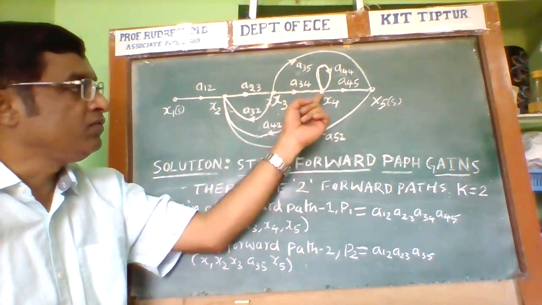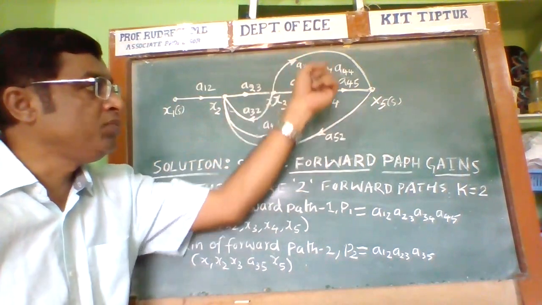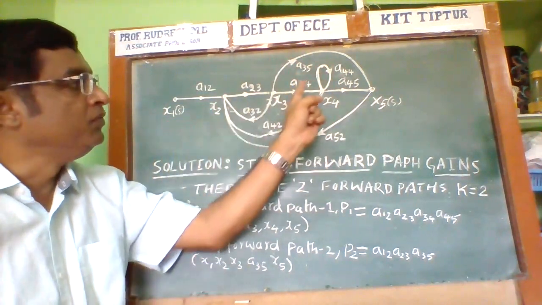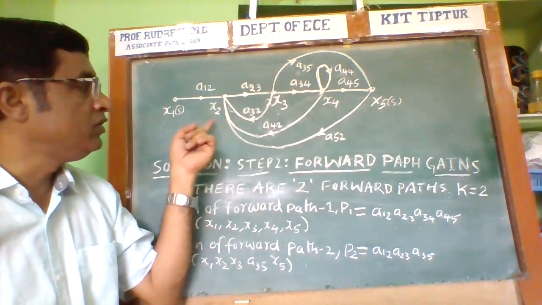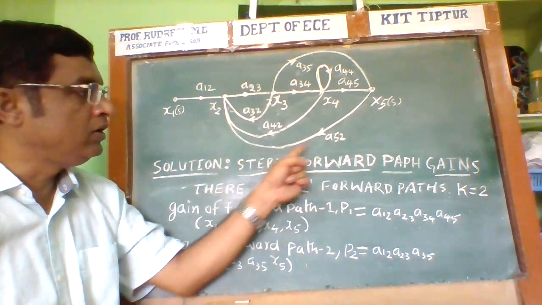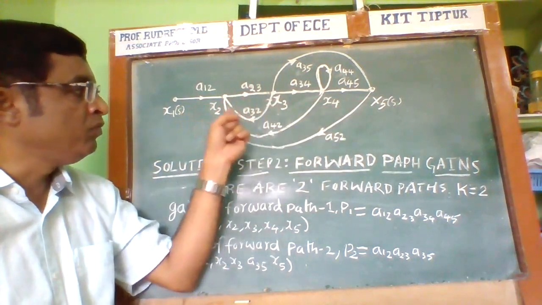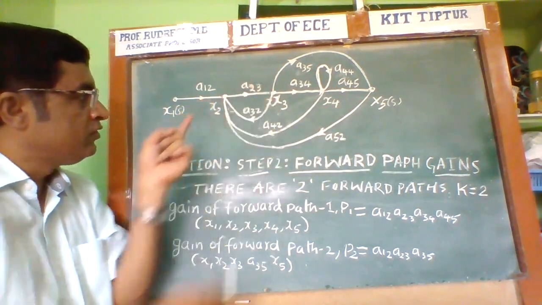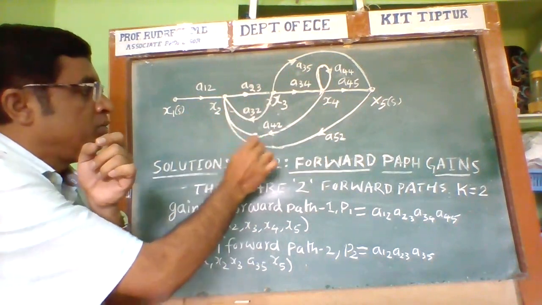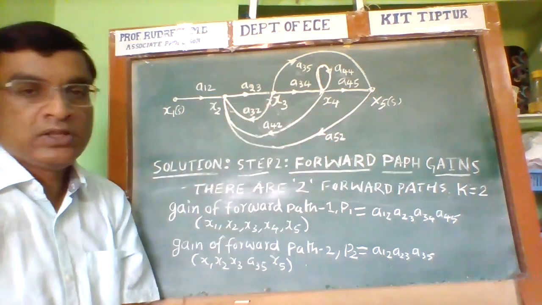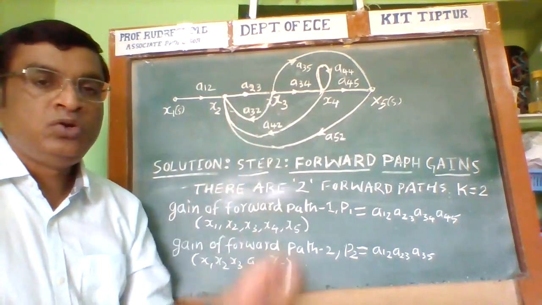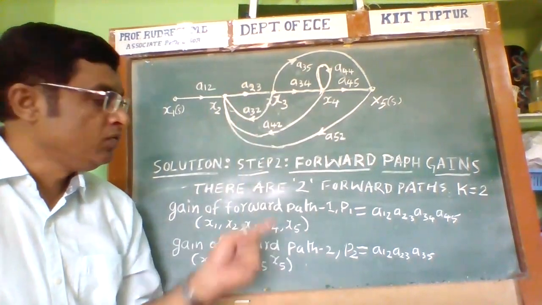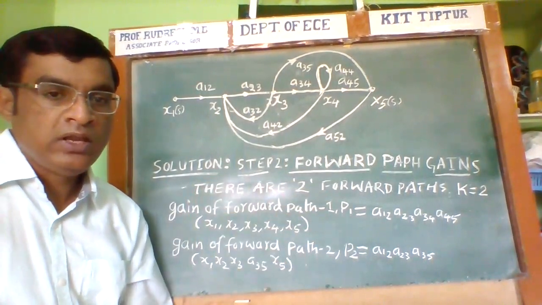So here, the signal crosses the X4 node once and comes back again, so it is not called a forward path. Similarly, these are also not forward paths, because the branch arrow direction is not the same, it is opposite. Paths with opposite direction are not considered. Okay, there are only two forward paths. So we have calculated the forward path gains.